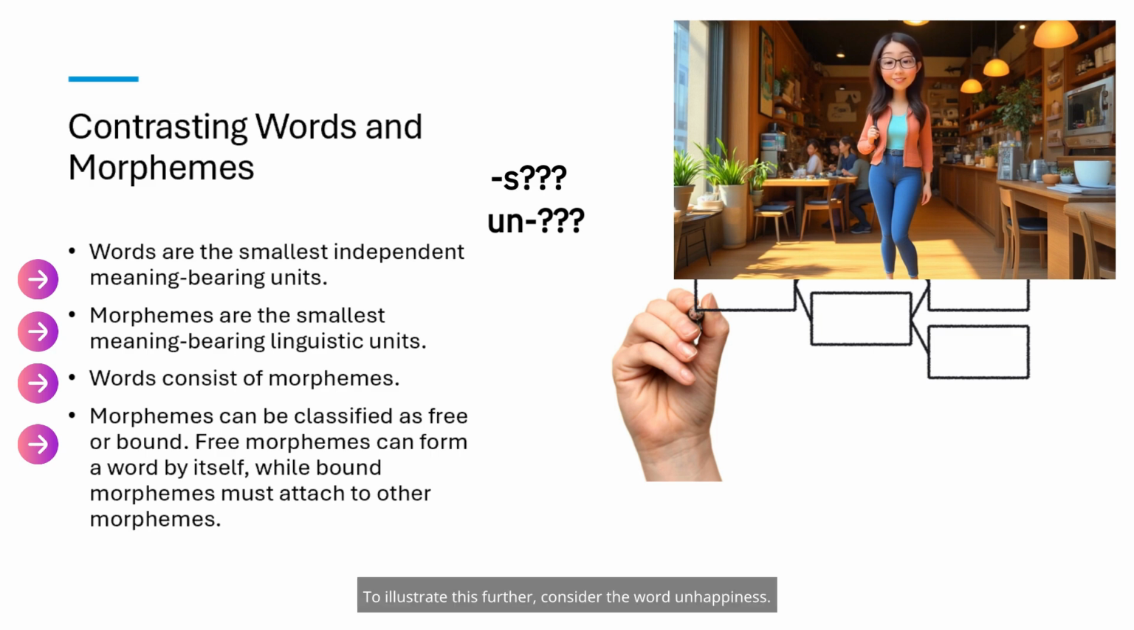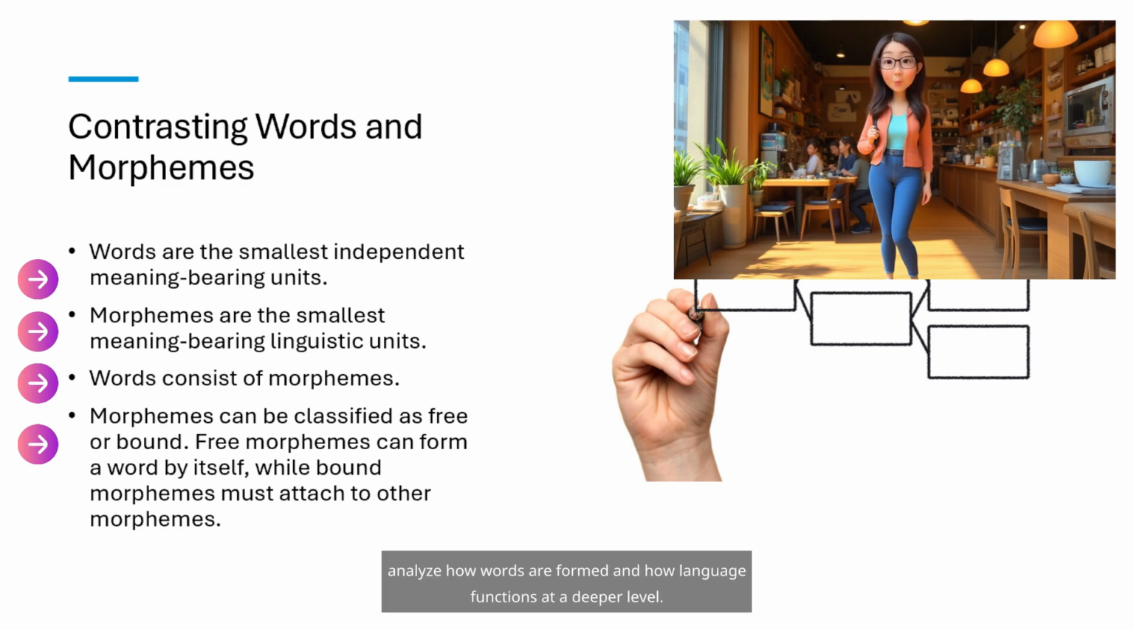To illustrate this further, consider the word unhappiness. It consists of three morphemes. Un, a bound morpheme indicating negation. Happy, a free morpheme meaning a positive emotional state. Ness, a bound morpheme that turns adjectives into nouns. By understanding the distinction between words and morphemes, we can analyze how words are formed and how language functions at